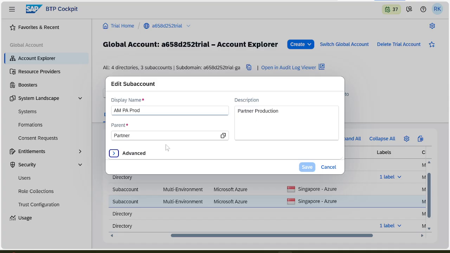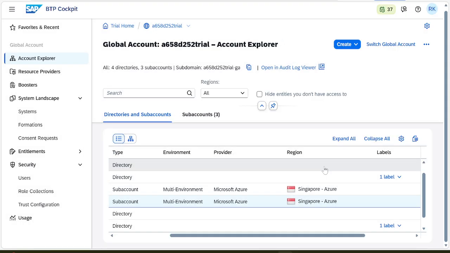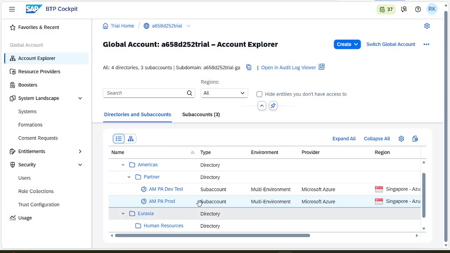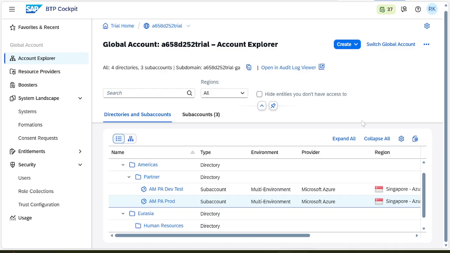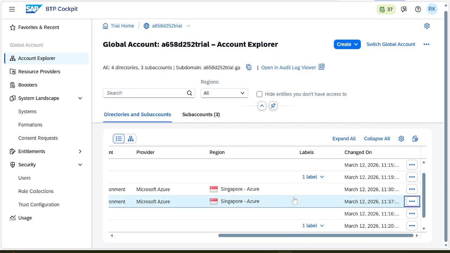So during the test we have to take care to provide the correct global account number. So this is how we have completed question number 2 of task 2. Now task 3 will be covered in the next session.